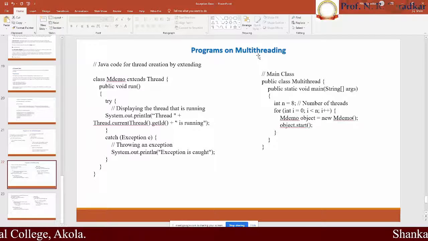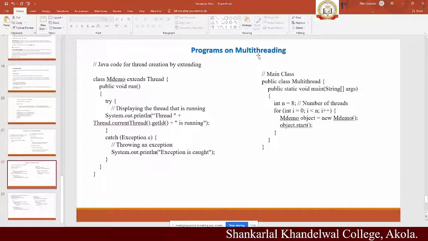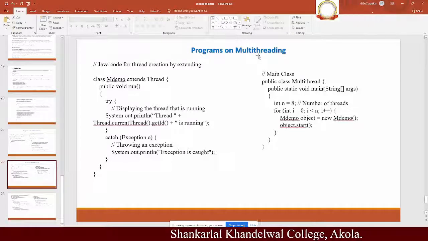They perform their operations within time without facing any problem. The only thing is that they share the common memory. That's why the concept is called multi-threading.